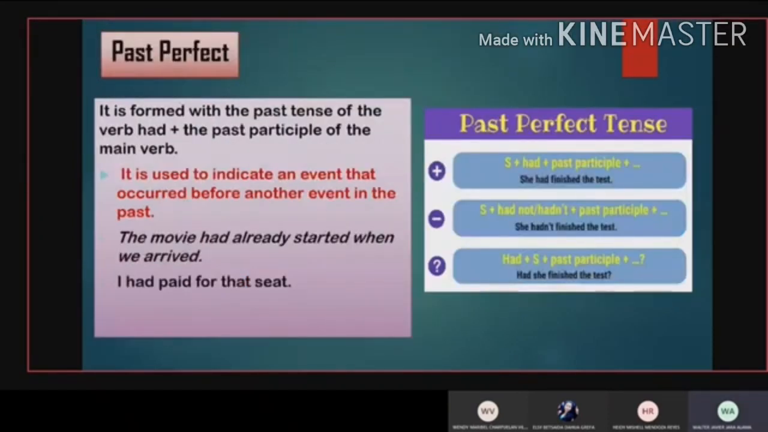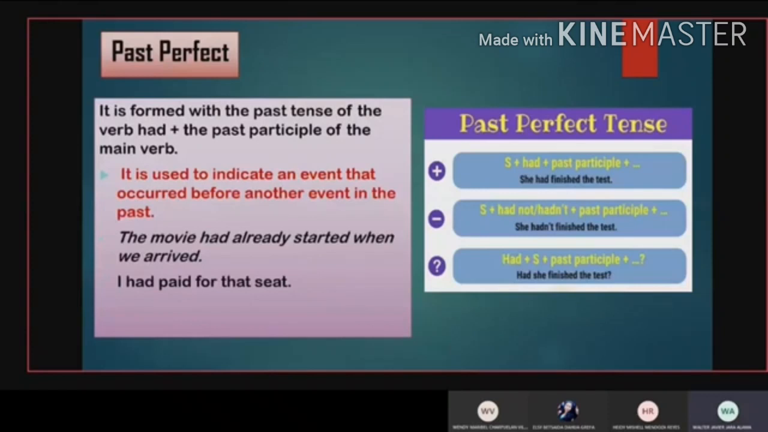Past perfect. It is formed with the past tense of the verb have, that is had, plus the past participle of the main verb. It is used to indicate an event that occurred before another event in the past. For example, the movie had already started when we arrived. I had paid for the taxi. The structure